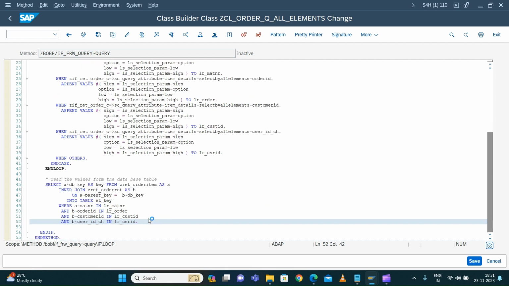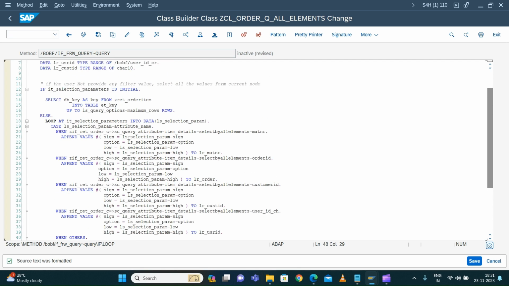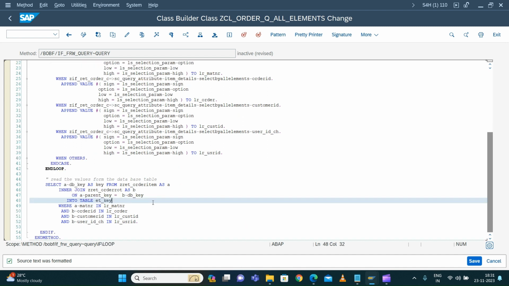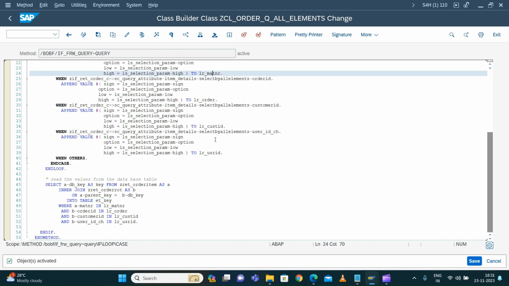So similarly, whatever we put into table ET key, whatever is read which matches this where condition will be put into the ET key. That will be exported via my method signature parameter. Okay, so now it looks good. Yes, there is no syntax error. I'm not sure about the MATNR, whether we need any alpha conversion or type conversion or not. Let's see. So now we activated